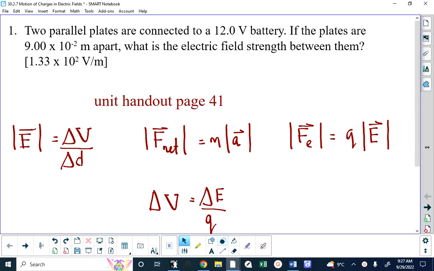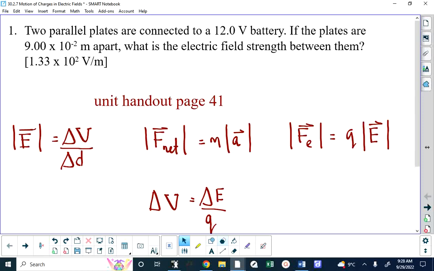Three of those formulas have E's in them, and you need to be careful about what those E's are. In the formula at the bottom of the screen, that energy is electric energy, or I guess kinetic energy. But it's energy. That's maybe what I should have said instead of even using the word electric. That E at the bottom of the screen in your voltage formula is energy, whereas the capital E with the vector symbol above it in the equation to the left and the equation to the right, those stand for electric